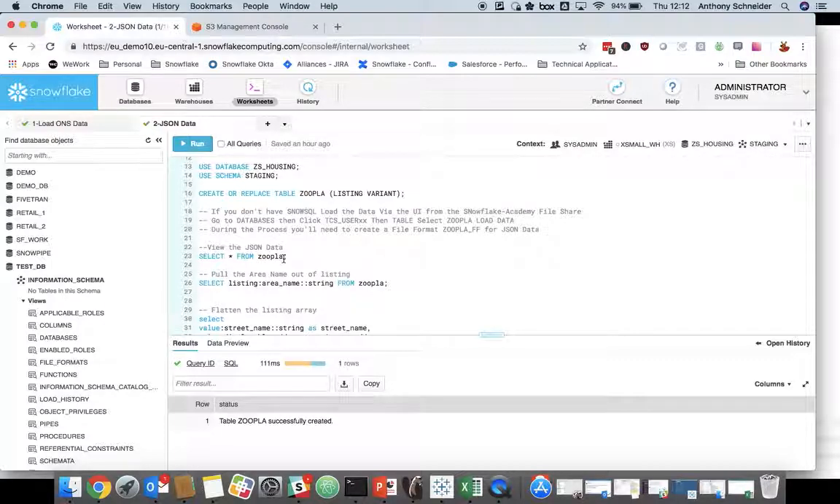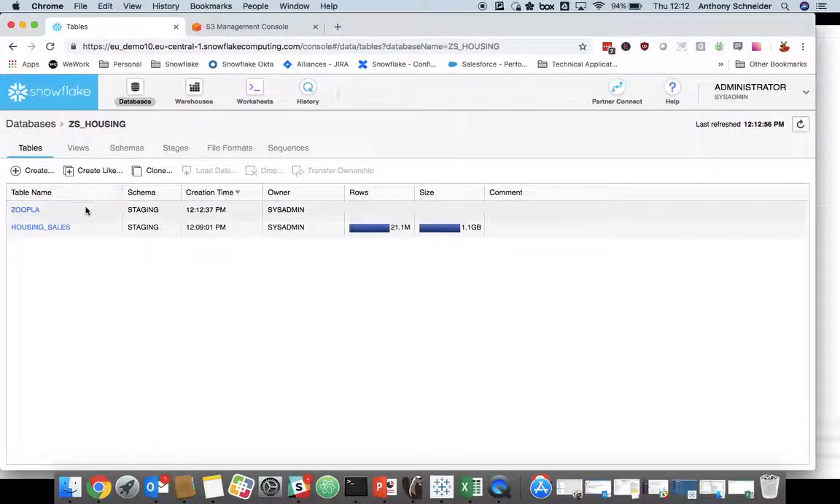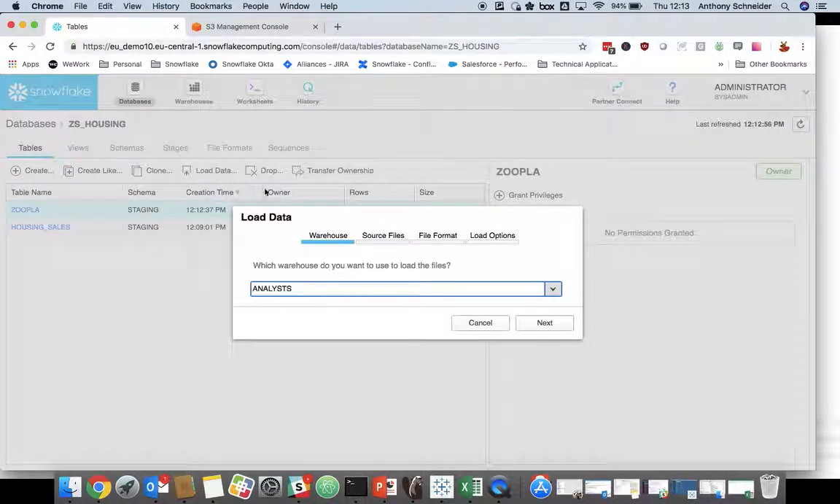So what we're going to do is use the UI to actually load this data. We could load from the bucket again, but I just want to show you that you can load data through the UI as well. So if we go back to our schema browser, we can see we've got our 21 million rows in housing sales. If I click on the Zoopla table and click load data,